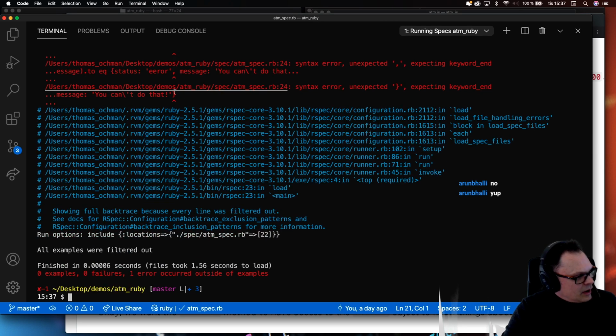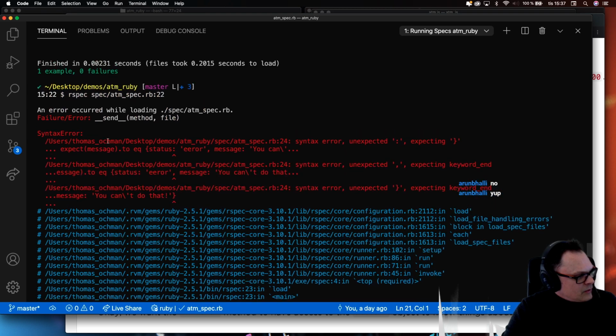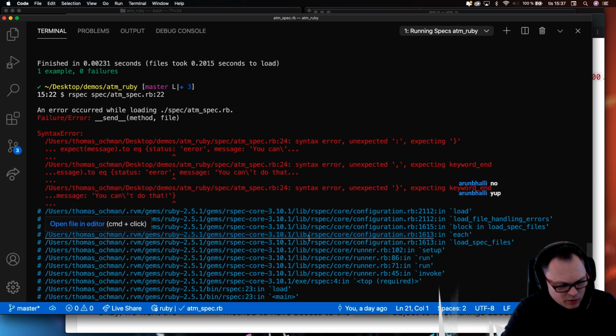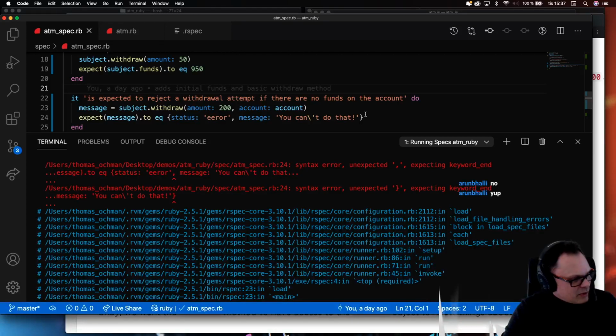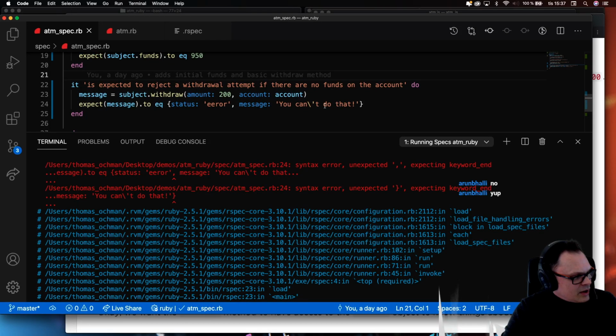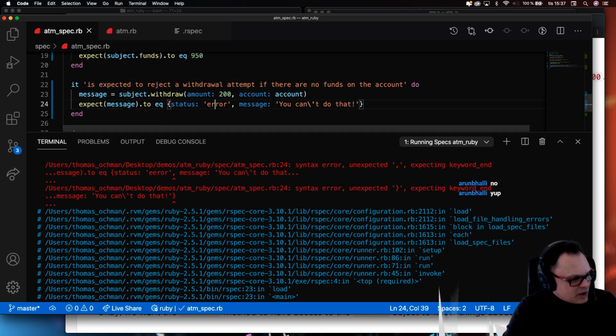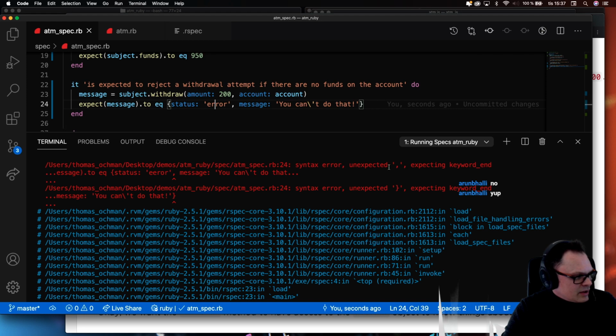Right. And we have a syntax error. Lots of output, people. Panic mode, instant. Okay, let's see. It's just a syntax error. It's not a problem. You can't do that. To equal status. And first of all, this is misspelled, but that's not the error. You can't do that. Why is that